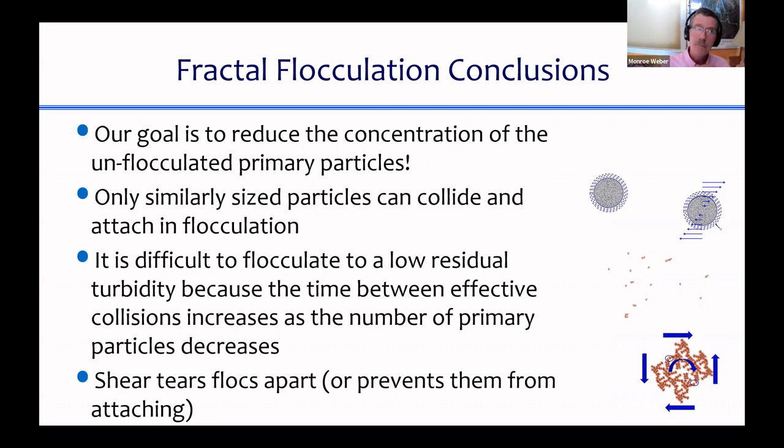And there's the poor unflocculated primary particles that are left behind and that have no one to collide with. So it's difficult to flocculate to a low residual turbidity, like the turbidity that's caused by those unflocculated particles. And finally, shear tears flocks apart or prevents them from attaching. And so that ends up being another important parameter in our